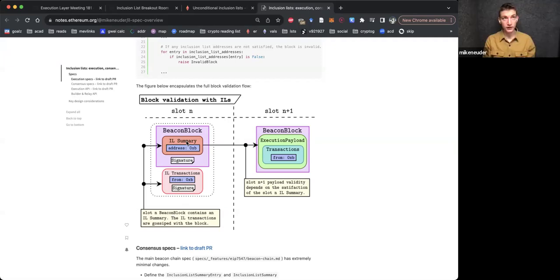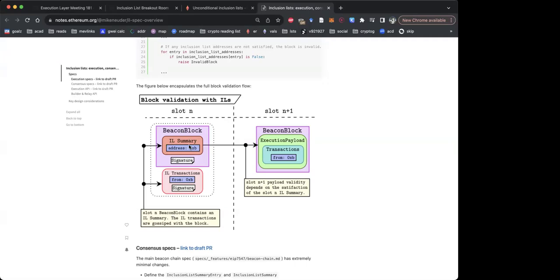But yeah, I guess we're not seeing eye to eye here, because the blinded beacon block has my own summary in it, right? So when the relay constructs the full block that I'm going to sign the blinded version of, it has to have the summary. But the construction goes the other way around. You signed a signed beacon block, and once you do that and you've included a summary, then there's no way out of this. Once you sign this, you don't have an option of building locally and having a different block